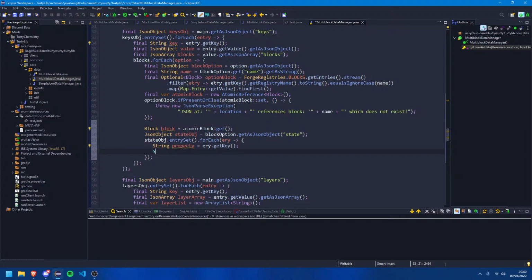So we have the property, and then we don't actually know what the value would be. The value could be multiple things. Well, no, it's only going to be 3 things. So it's either going to be a boolean, a string, or a number. So let's